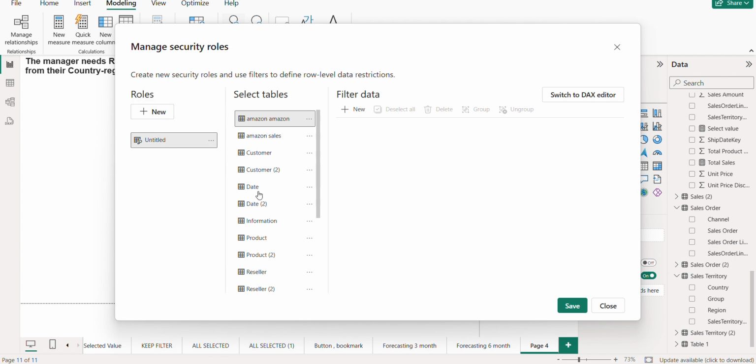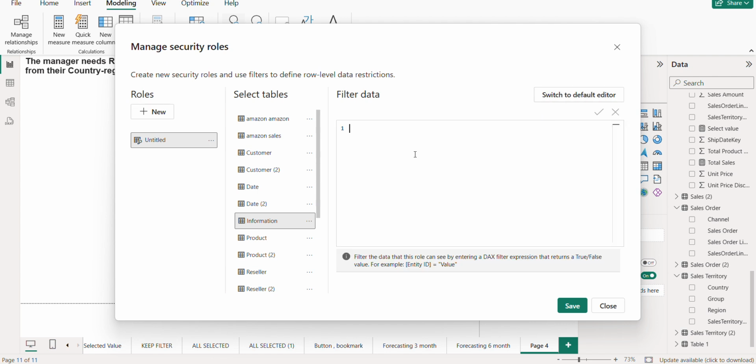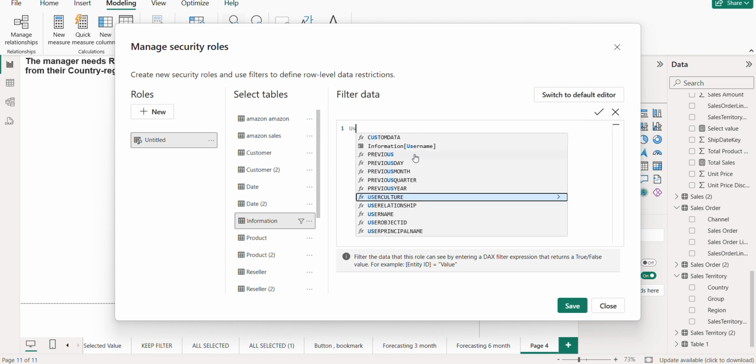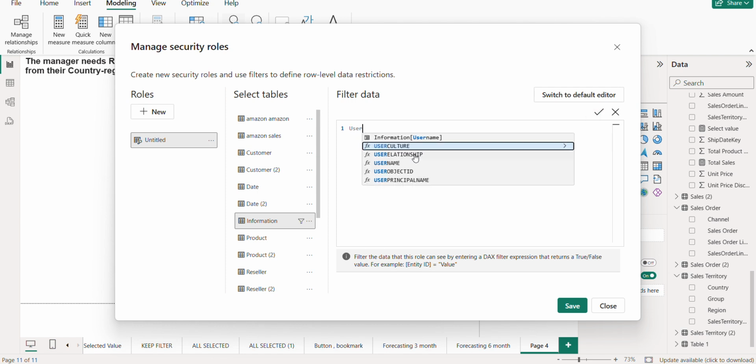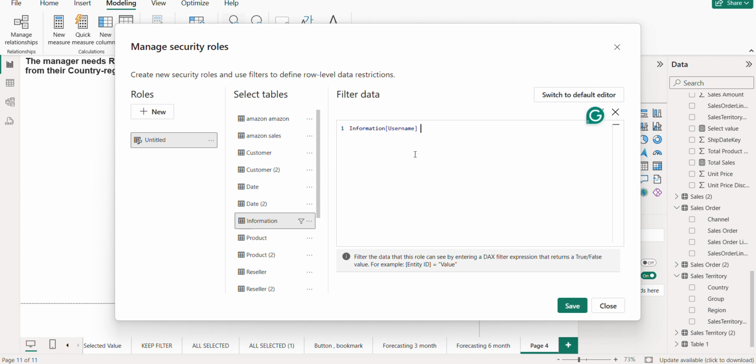Then I will create a new role and select information. Username equals to